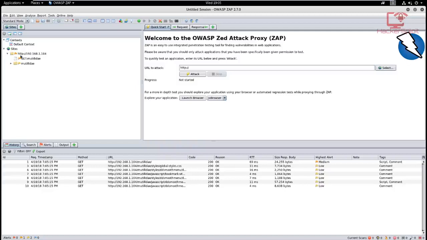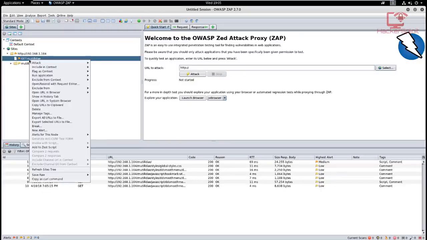192.168.1.104, that's the server. And if we click on this drop down here, we get the GET request. So you can analyze the GET request if that's what you want. You can right click and then analyze. All right, now we'll not be looking at that right now, because I want to focus on discovering